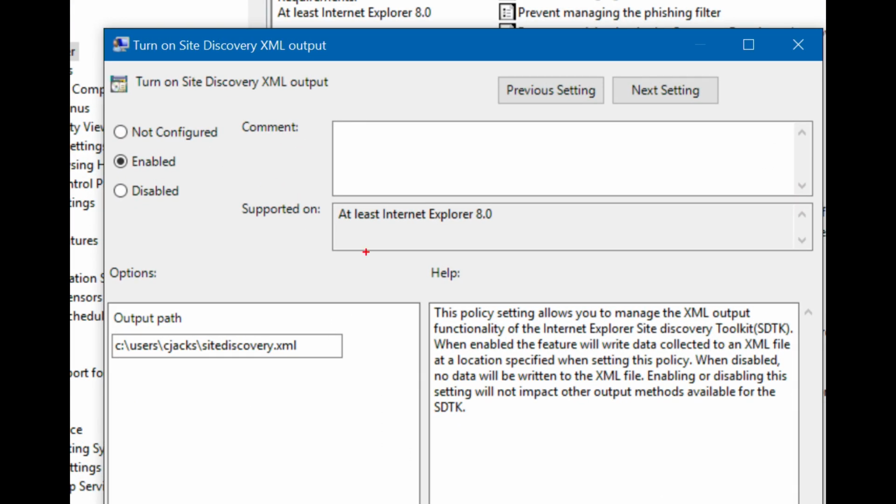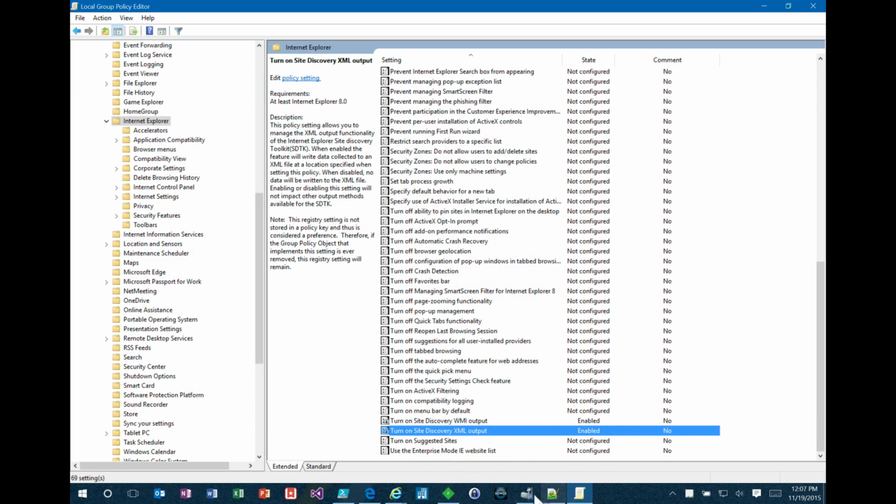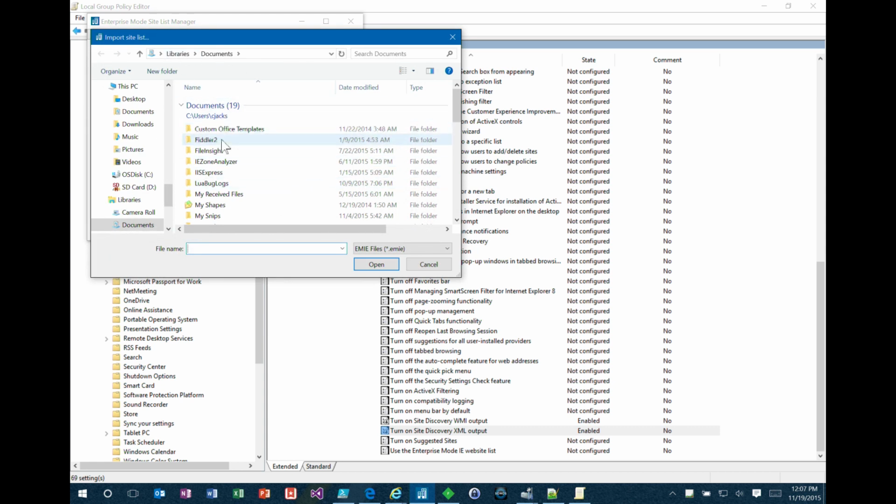And what the XML output will do is just put it into XML, and then I can collect it there and look at it that way. So no WMI, I don't have to have a WMI reader, I can just grab the raw XML, and as a bonus, that XML can be imported. So if I go into the Site List Manager, I can actually go in and open import, and I will do it directly from